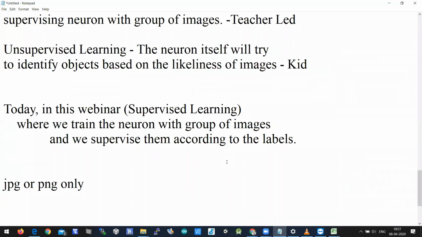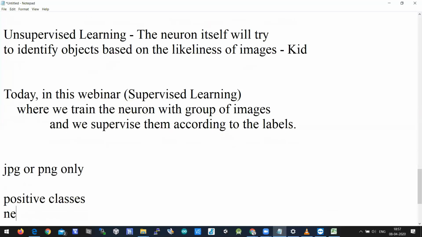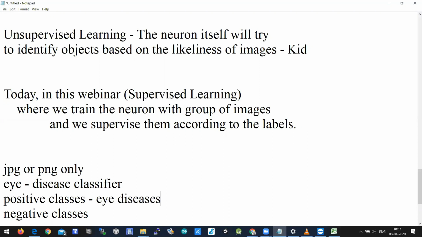When you're creating a classifier, the most important thing is positive classes and negative classes. Here you're taking an eye disease classifier. So positive classes are nothing but eye diseases, and the negative class is nothing but not an eye disease, which is normal eye, right?